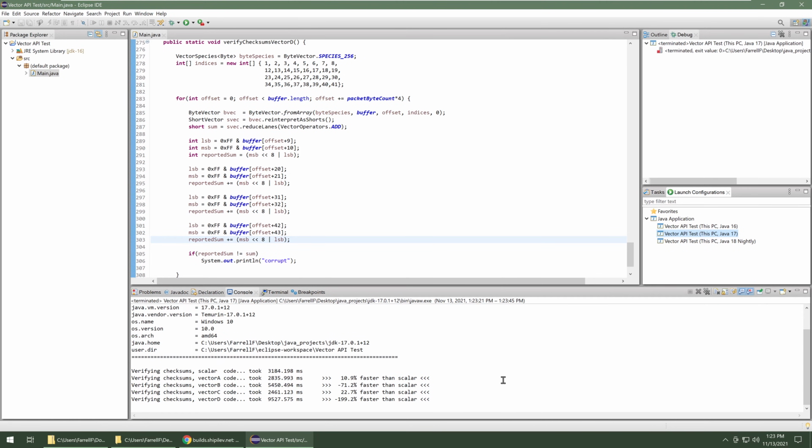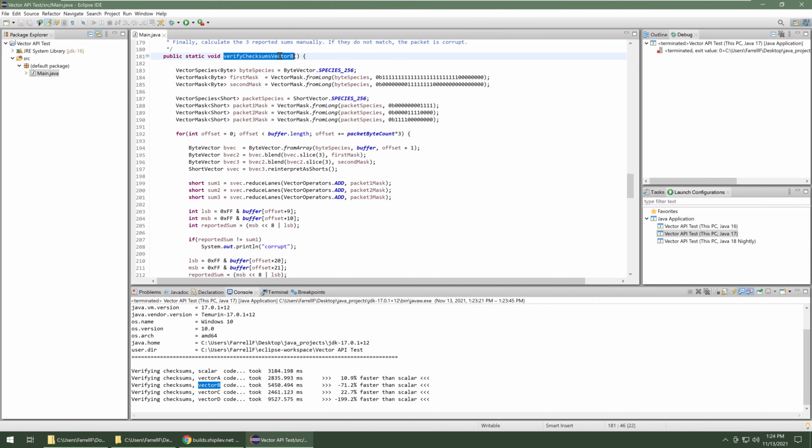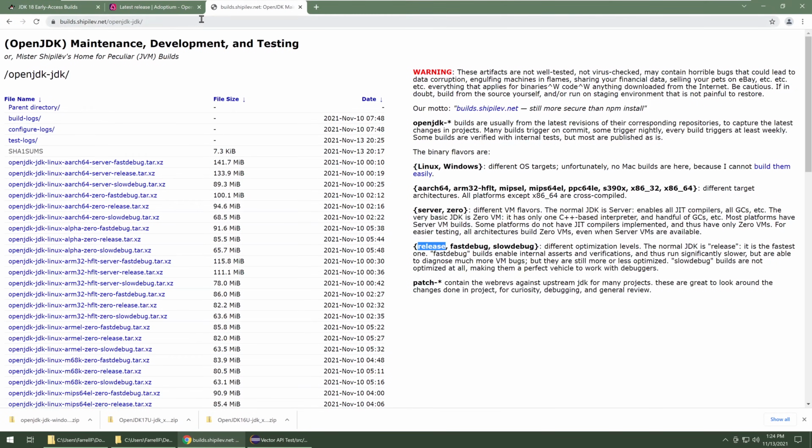So this is kind of what I expected. The scalar code is performing reasonably well, I guess. My first attempt at vectorizing it is a little bit better, but not by a whole lot. My second attempt, vector B, is surprisingly very slow. So let's take a look at that and see why. So vector B, I think perhaps the biggest difference is this one uses masks. And if we look at the JEPs for the Vector API,